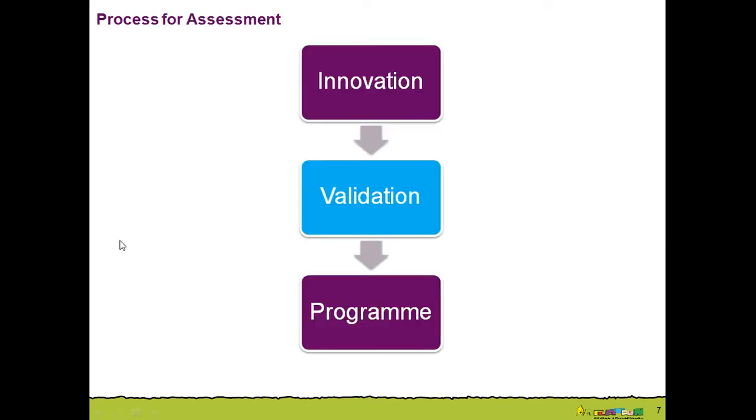So the process at a high level is quite simple. If you have a very innovative program that doesn't fulfill the criteria of a basic program presented earlier, we need to do some sort of validation process to see what's going on, whether it is indeed Aflatoun, social financial education, and if indeed it's helping children in the way that we hope it is. Once we have that validation process completed, we can consider that as a new innovative program, but we can build it into the larger program category. Right? So essentially then it becomes a normal way of delivering a program because it's been validated.